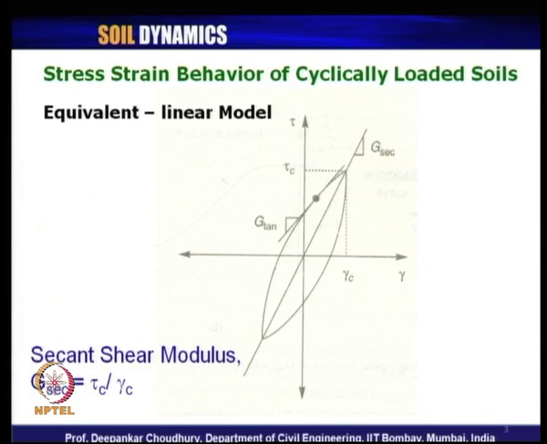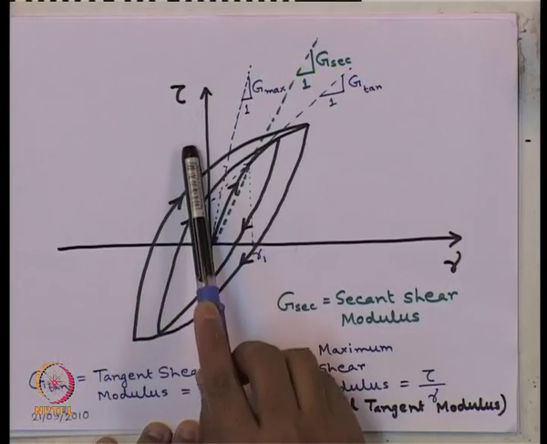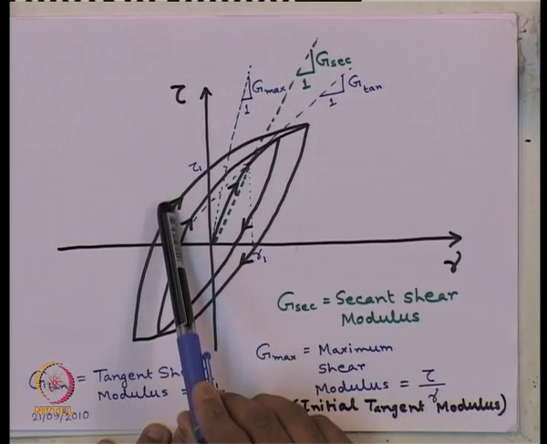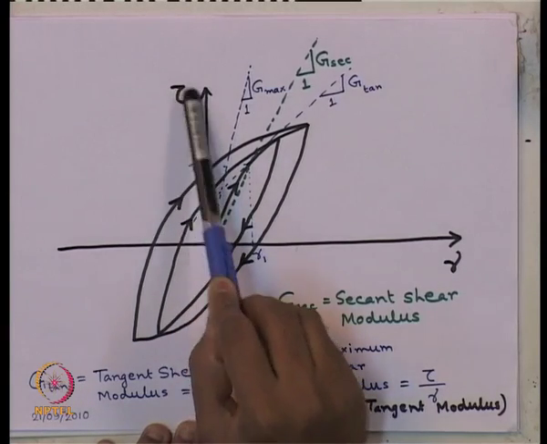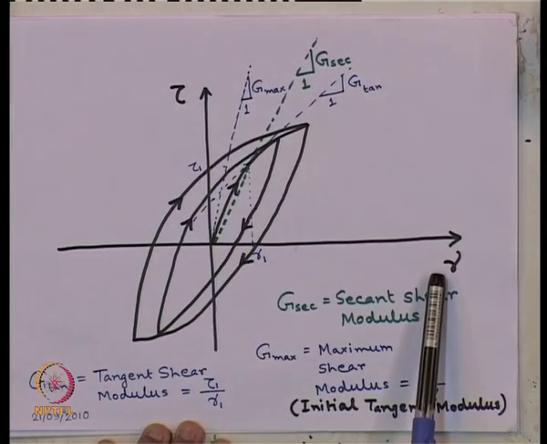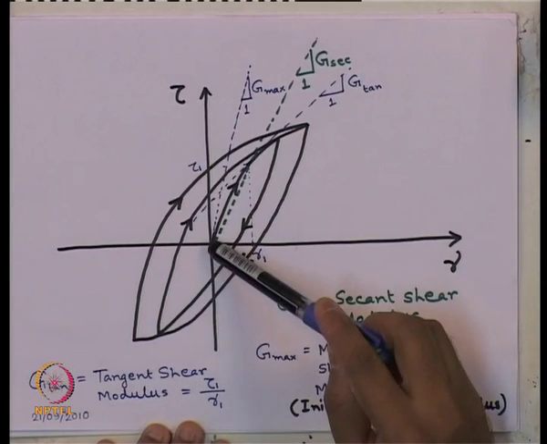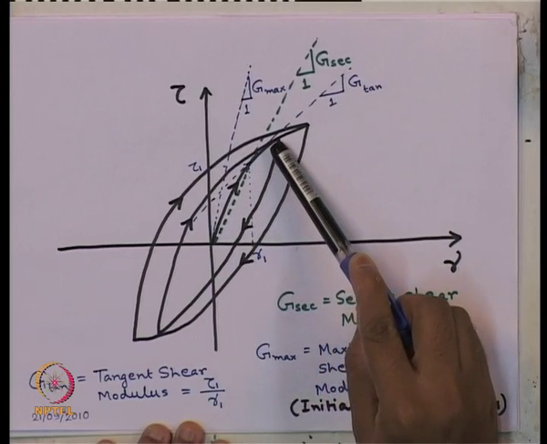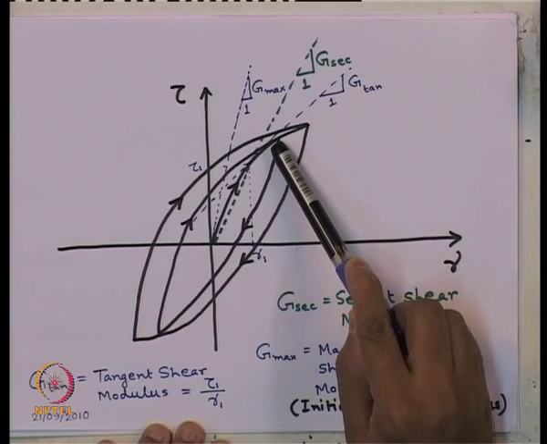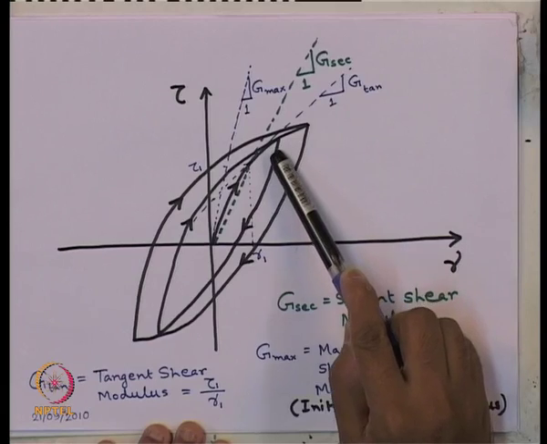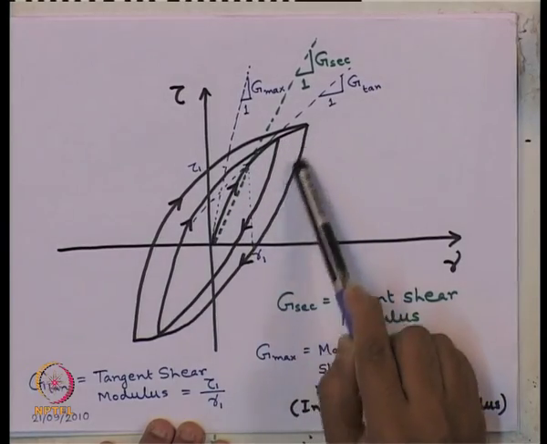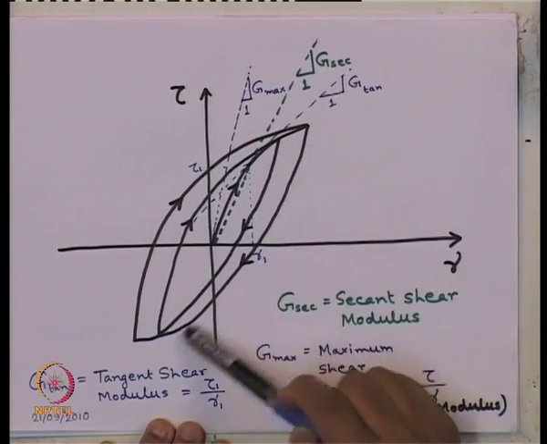First, let us look at this page, that is any cyclic test in the laboratory. We can get the data for cyclic shear stress versus shear strain. The plot of shear stress versus shear strain will start from the origin 0, 0. It will go up in the loading curve. Then, if we release the load, because this is a cyclic load, this is the unloading curve, and then again the reloading curve. So, like that, these are the cycles.